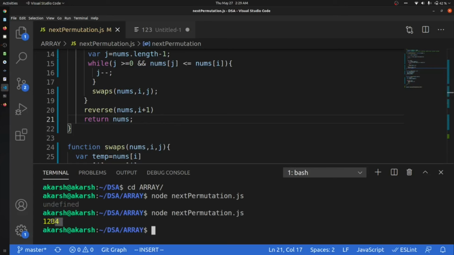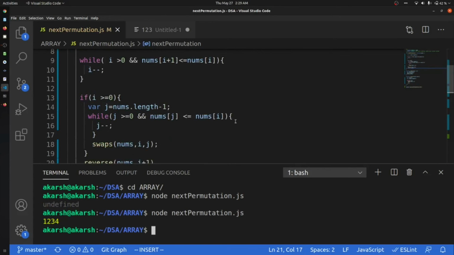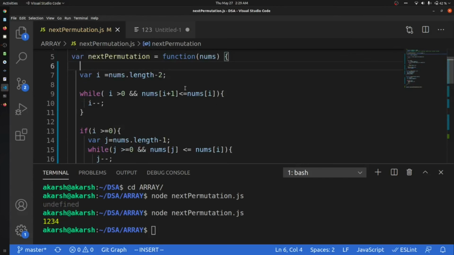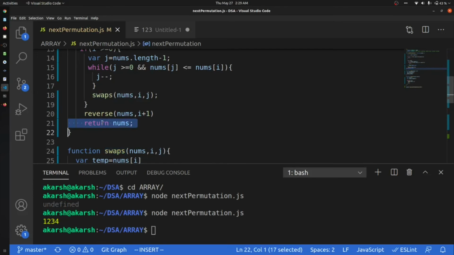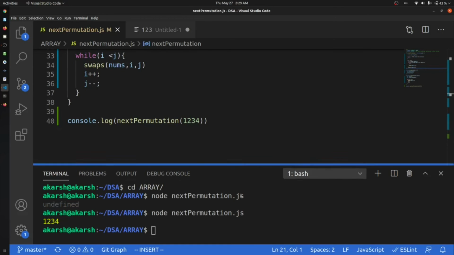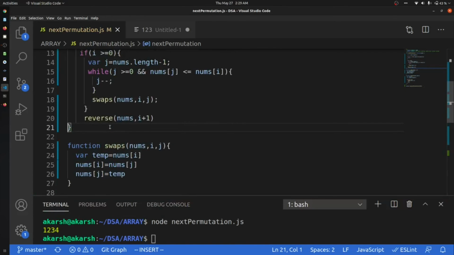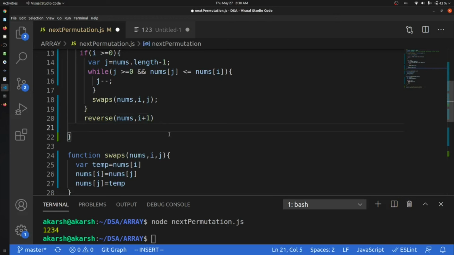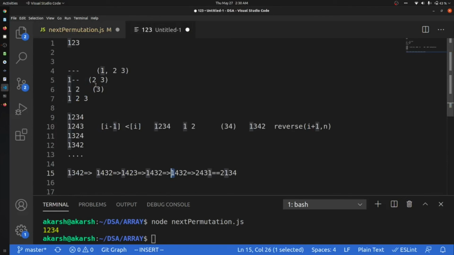Yeah, so 1 2 3 4. Okay, I think we are doing something wrong. We have to find this. Let's see, are we reversing the value right? 1 2 3 4. Okay, so let's see the output for 1432.